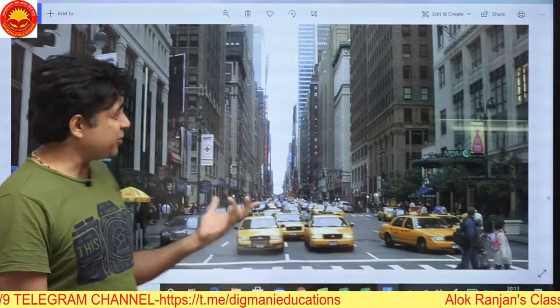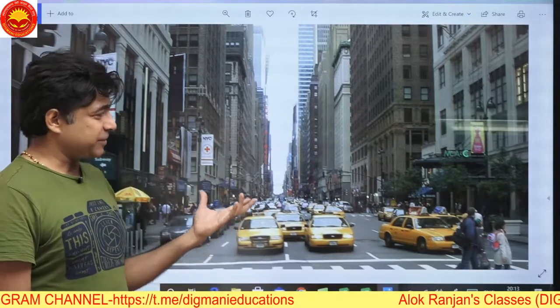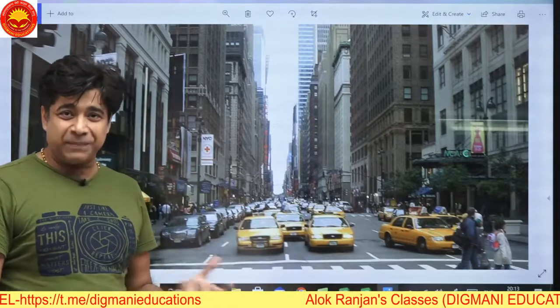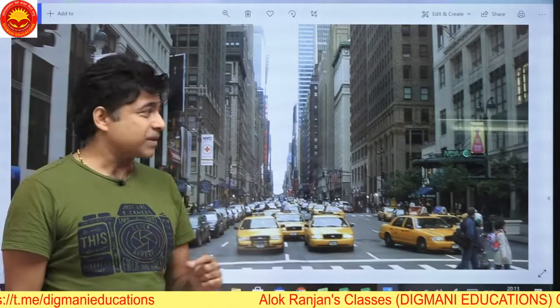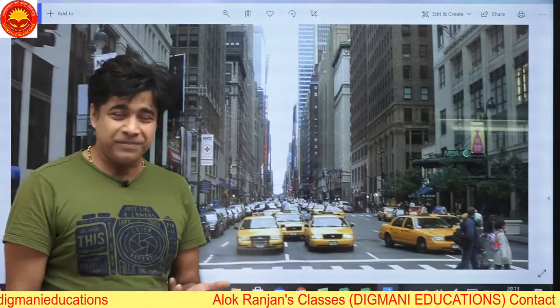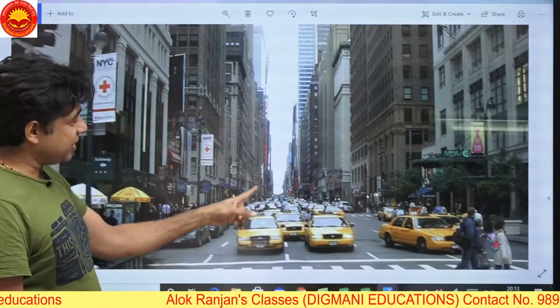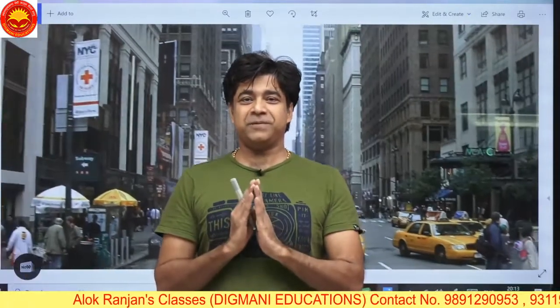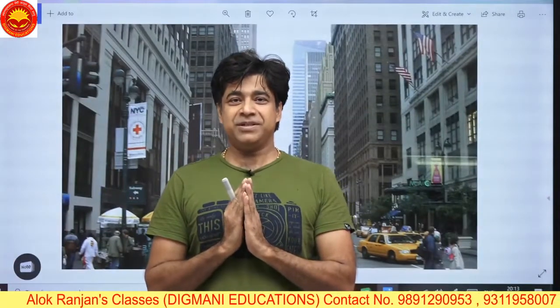I want to show you this map. This has been taken from the National Geographic Society. I owe this map to the National Geographic Society, and I have a word of thanks for them. Now look at this, this is your London street. If I stand here, this is the middle of the London street, and these two sides have urban concrete structures.